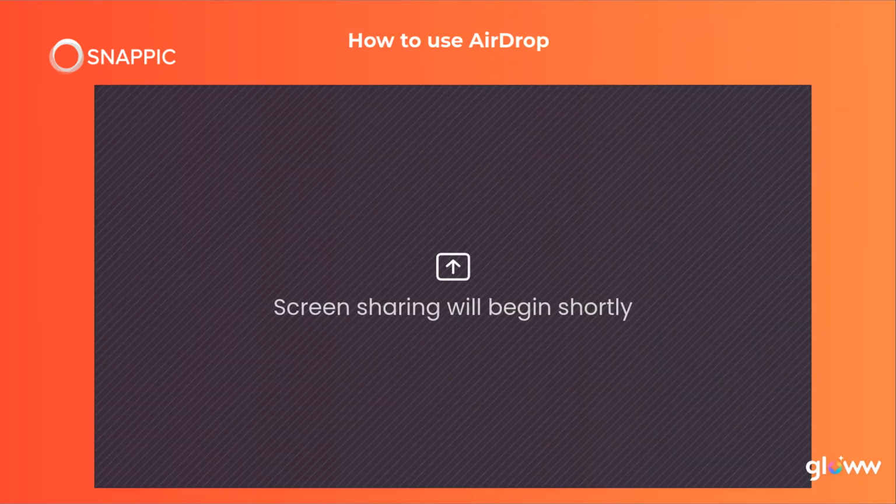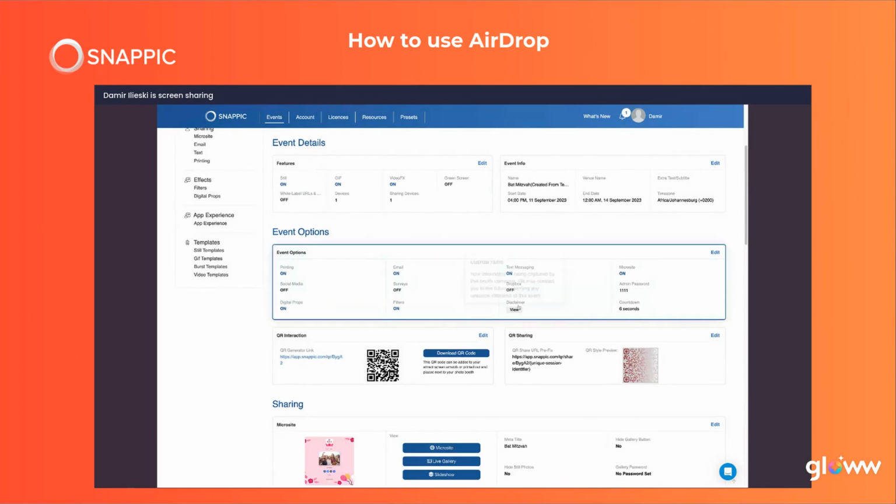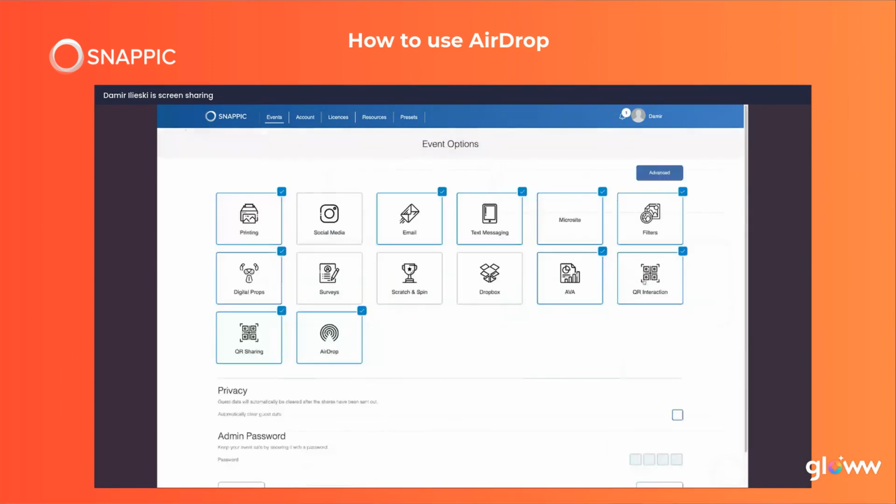All right, how to use AirDrop. That is very simple. I don't think I really need to show anything specific for AirDrop. I will just quickly open a page. Just one moment. Okay. So you would go under event options and you would enable AirDrop. Once you enable AirDrop, it will also show up as an option to share next to the QR code. So it will have text, email,